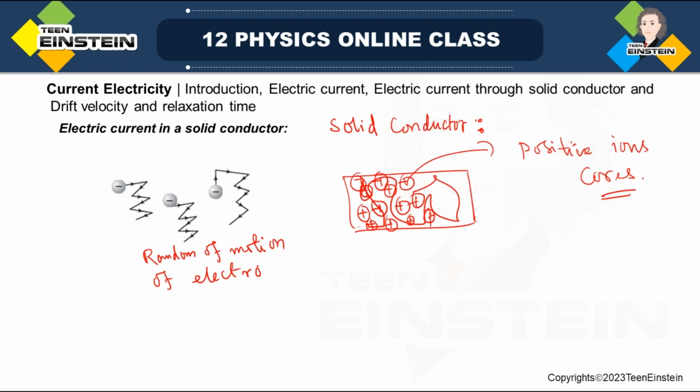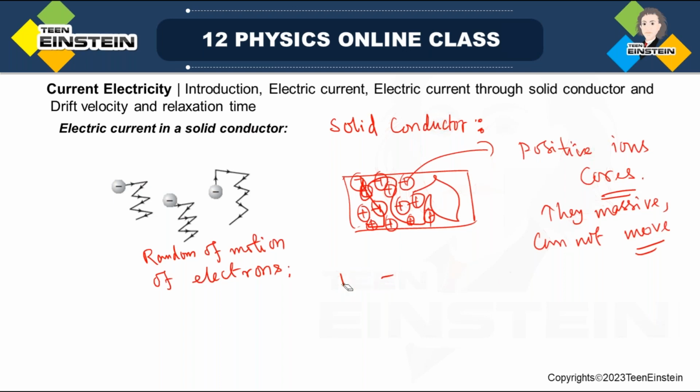When I talk about electric current in a conductor, as I said, positive ion cores are massive. They are massive in mass, massive in size, and cannot move. So these positive ion cores cannot move. That's why